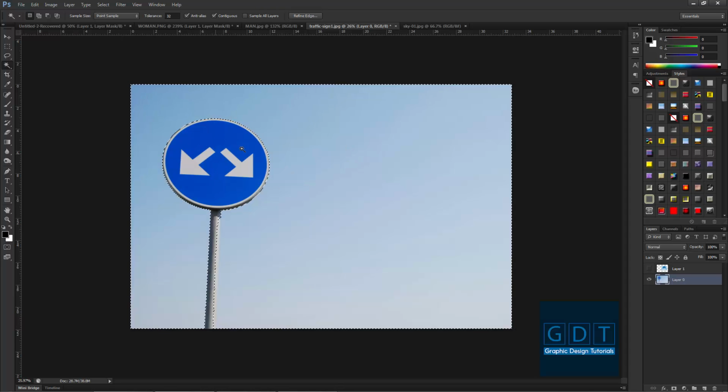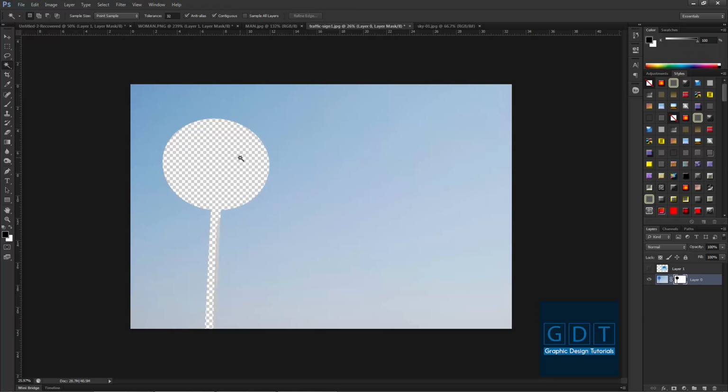Now after making the selection of this area, if I go to this layer mask icon and click on it, you can see that the area which I need is hidden and the area which I don't need is